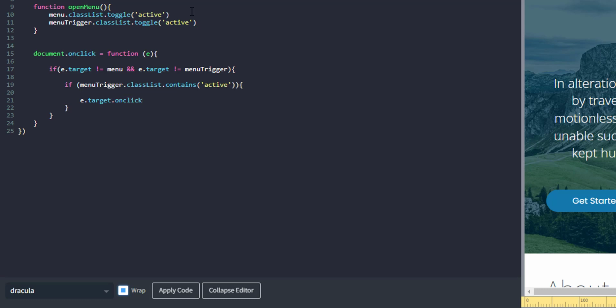So on clicking that target, we want to trigger a click on the menu trigger. So we just say menuTrigger.click(). When we click the menu trigger, it's going to call this function again and toggle the class list for both the menu and the menu trigger.